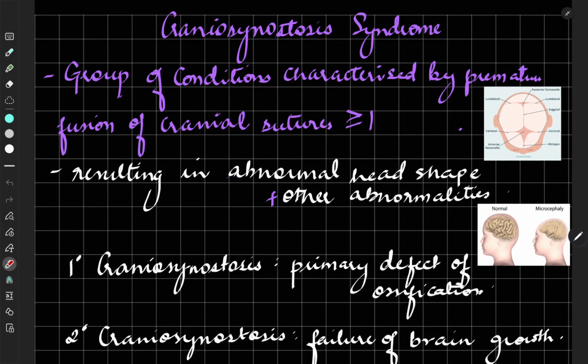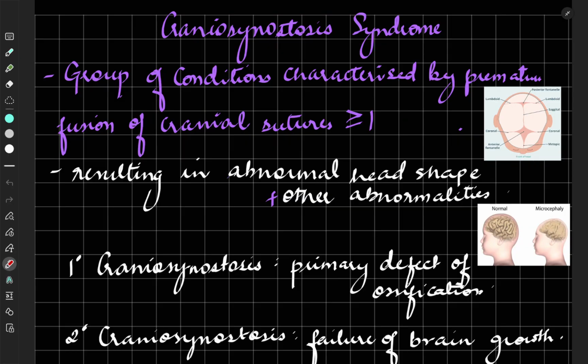So today we are starting craniosynostosis syndrome. This is a part of developmental anomaly. This is the third part, and in this syndrome, there are other syndromes which come under it. But we are going to learn about the two main syndromes, that is Crouzon syndrome and Apert syndrome. What are their characteristics? We are going to cover in this lecture, in this video.